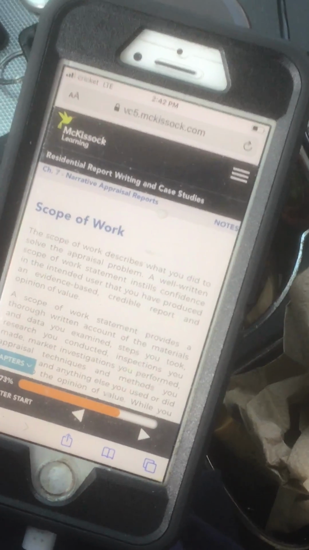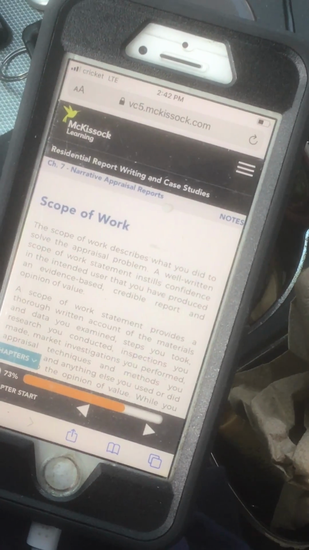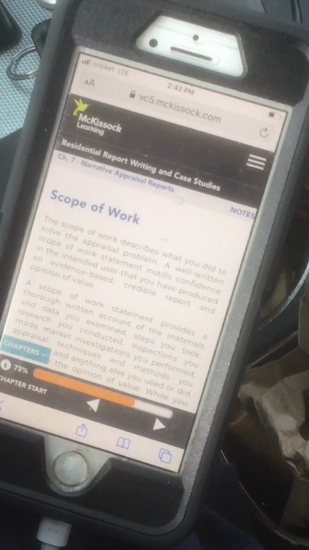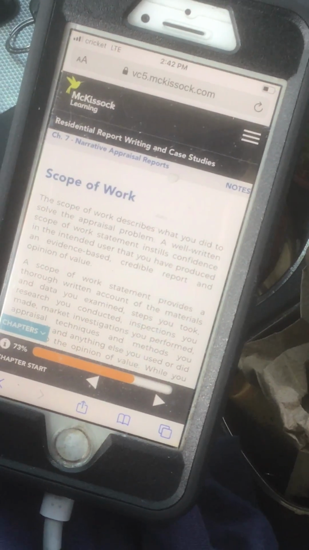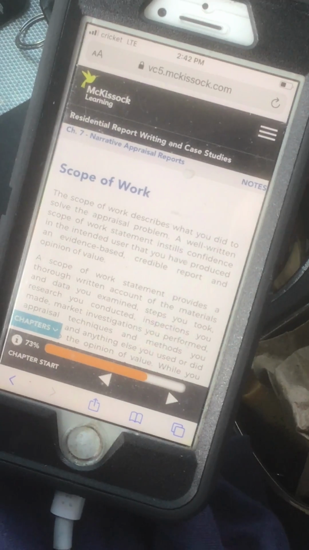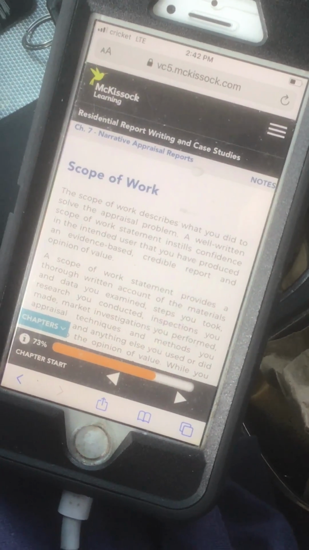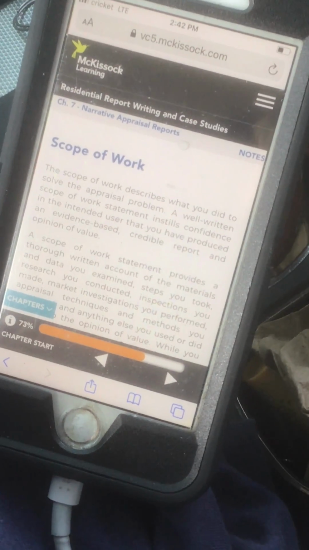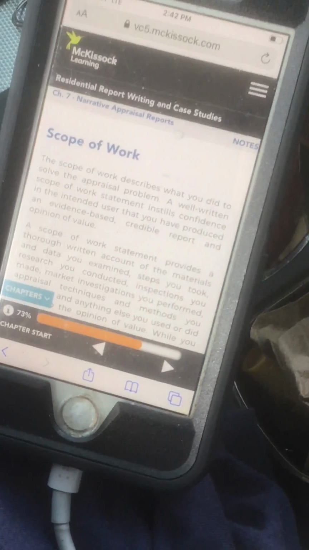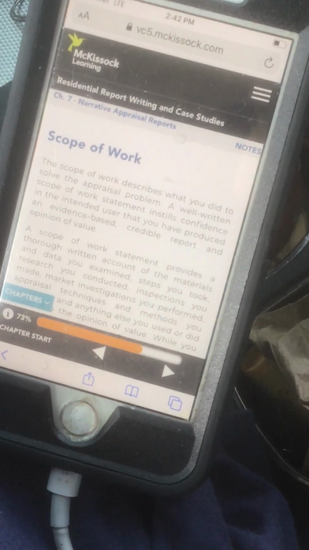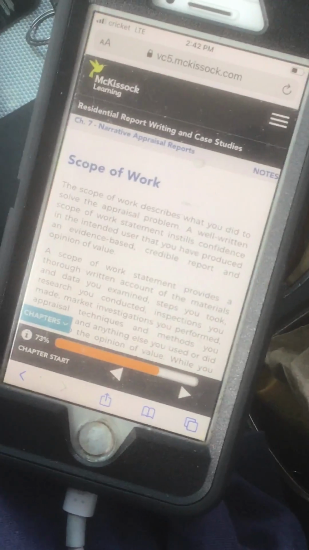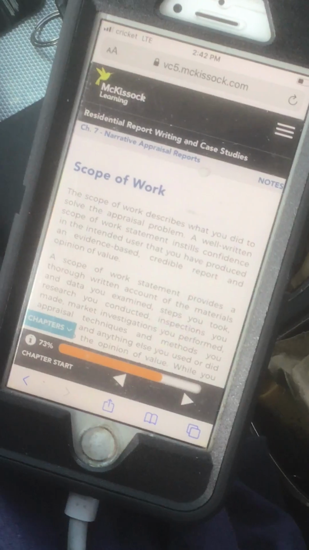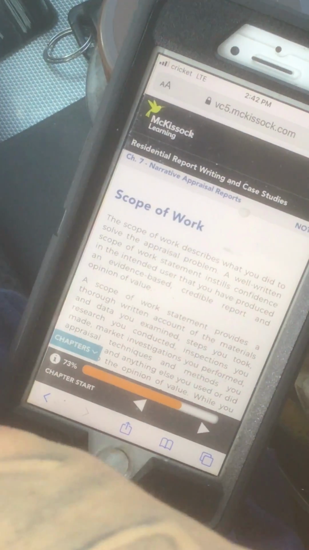Residential report writing and case studies. Chapter 7, narrative appraisal reports. Scope of work. The scope of work describes what you did to solve the appraisal problem. A well-written scope of work statement instills confidence in the intended user that you have produced an evidence-based, credible report and opinion of value. The scope of work statement provides a